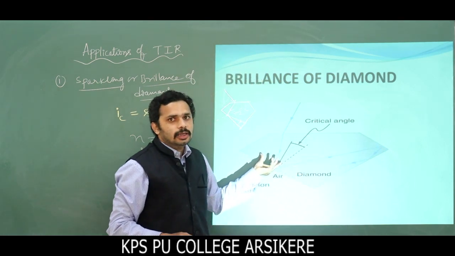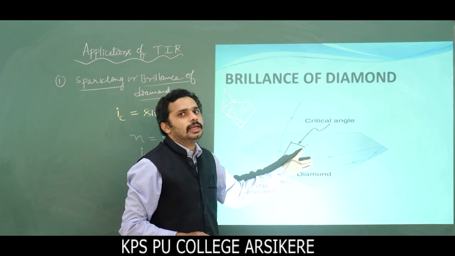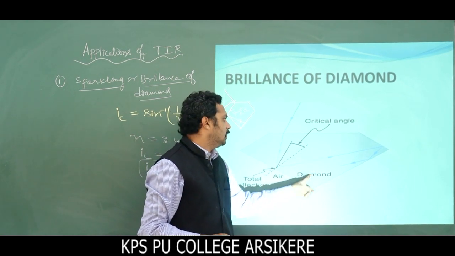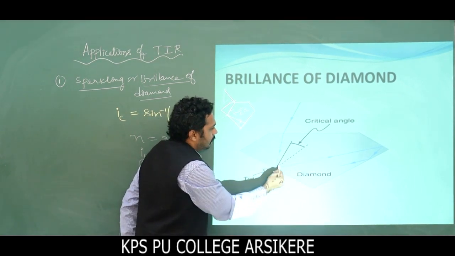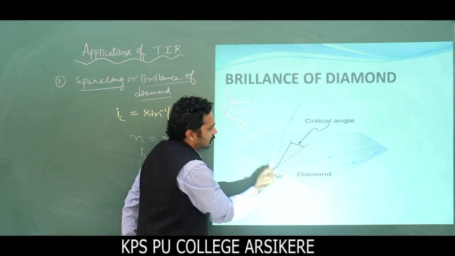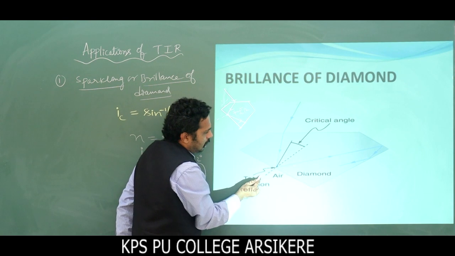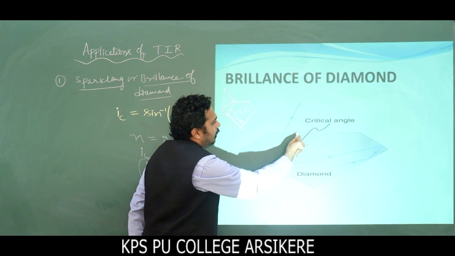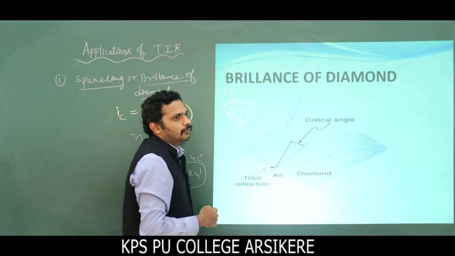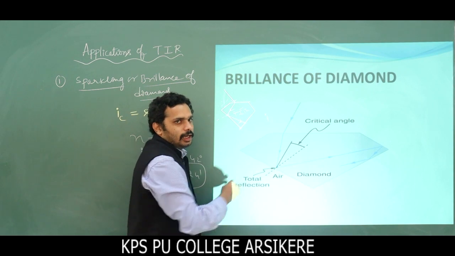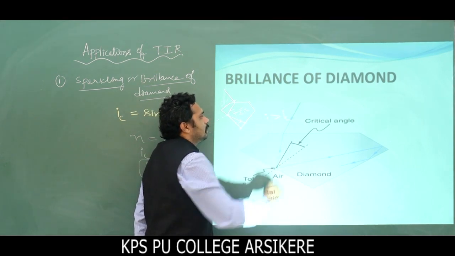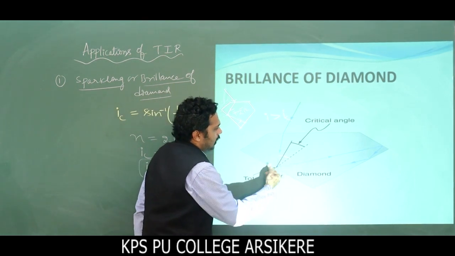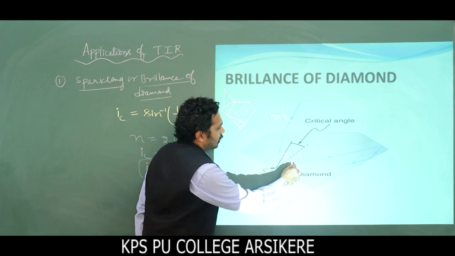Inside the diamond, you see multiple TIR, many total internal reflections. Look at here, this is the ray entering the diamond and falling on the other surface. To draw the normal, this is the normal, and this is the angle of incidence. The critical angle of diamond is 24.4 degrees. The condition to get TIR is that the incident angle is greater than the critical angle. Therefore, this angle is greater; this angle is 45 degrees.